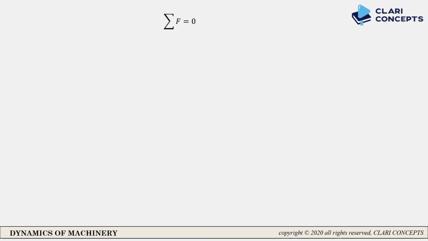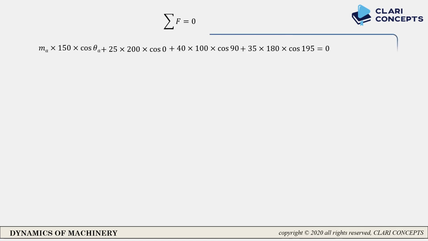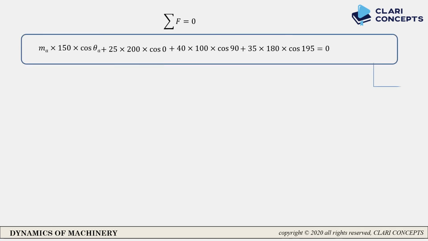Now in the analytical method we have two conditions, that summation of force equals 0 and the summation of couple equals 0. So first apply the force condition, that sum of all force equals 0. But here we have two kinds of component, one in terms of cos theta and another in terms of sin theta. So first we take all the cos terms. When you write up all the cos theta terms equal to 0, again I will write for the sin theta terms.